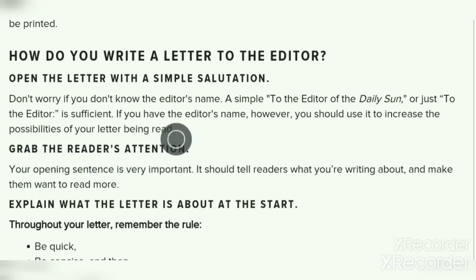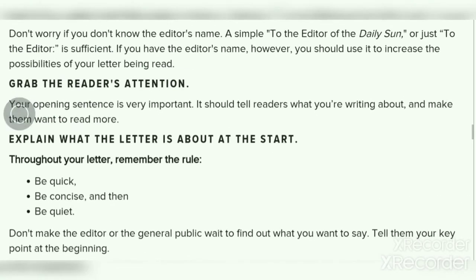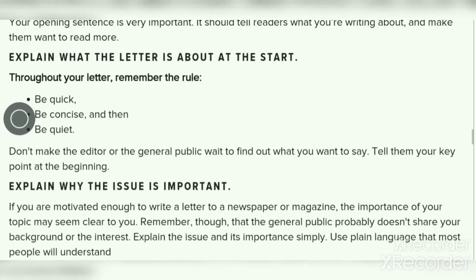If you know it, it would enhance your probability of being printed. The main thing for a letter writer, student, is to grab the attention of the reader. Whoever is reading, you will have to grab their attention. Only then will many people read it, if they are interested. If they are not interested, then it would be difficult for them even to read.